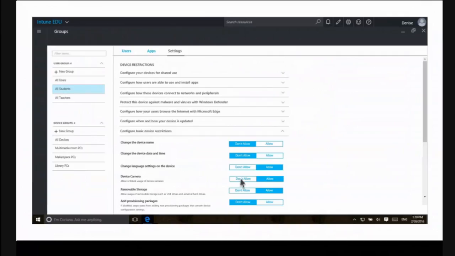Groups could also be all students in the photography department or all students in the math class. So the groups can be managed so that admins can control very granularly what they want students or teachers to be able to do on their devices. For example, I can restrict their ability to use removable storage so that people can't use USB keys to accidentally